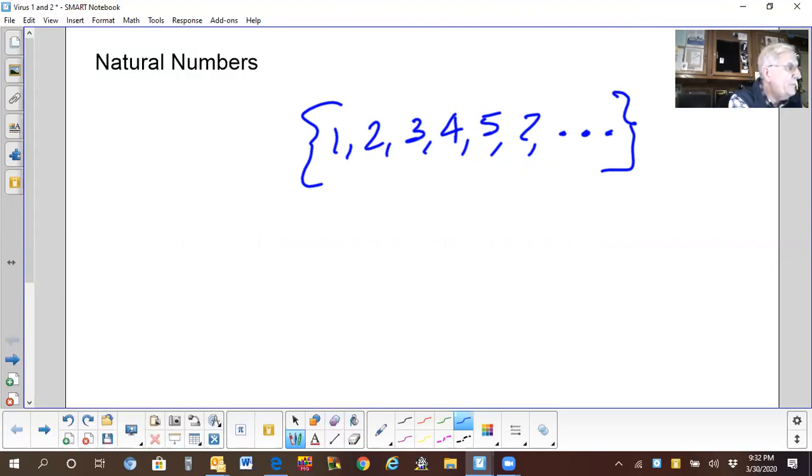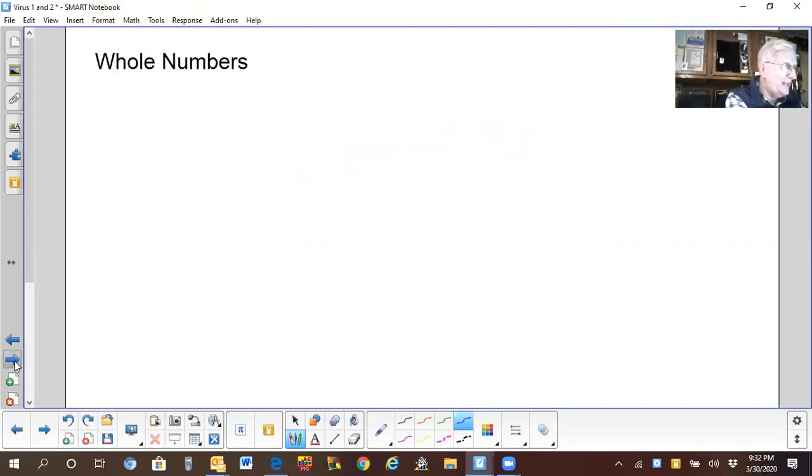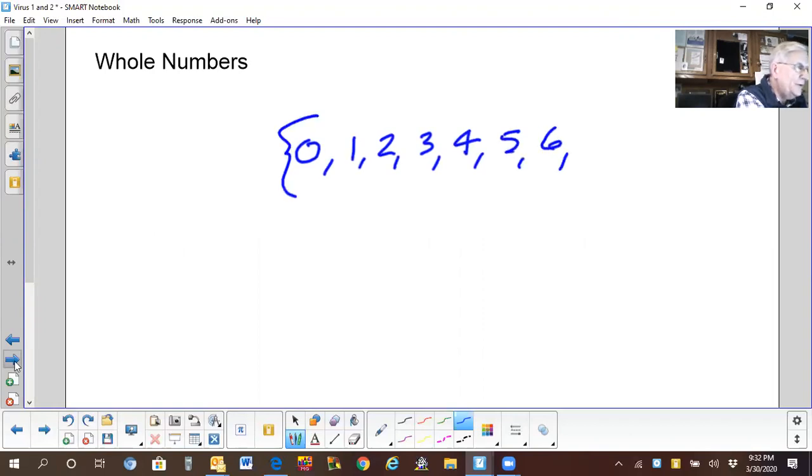So you are very much familiar with the natural numbers. Then we discussed the fact that when you got to school, you learned that there was another number you needed to be able to add, subtract, and multiply these whole numbers. That number was 0. So when you add 0 to the set of counting numbers, you have the set which is referred to as the whole numbers. Of course, we discussed this at length a couple of weeks ago.